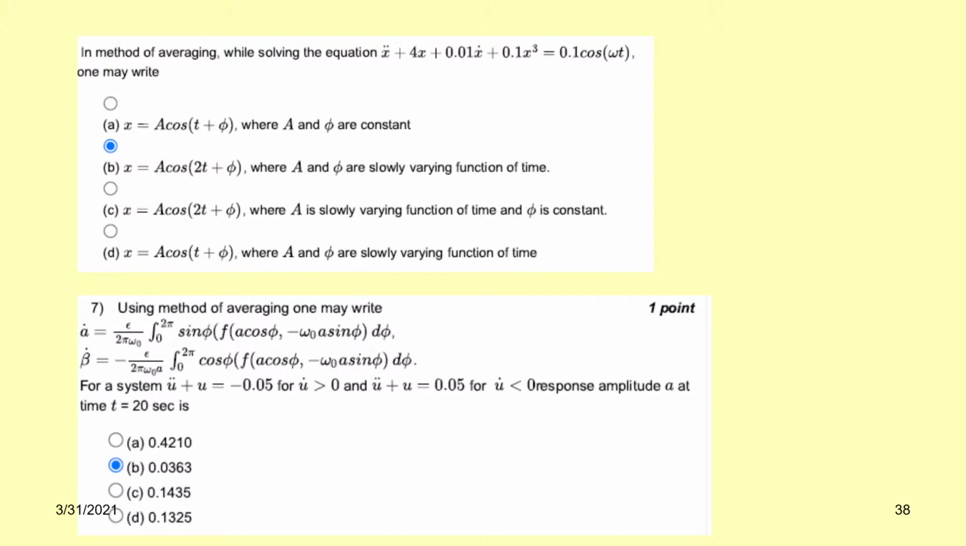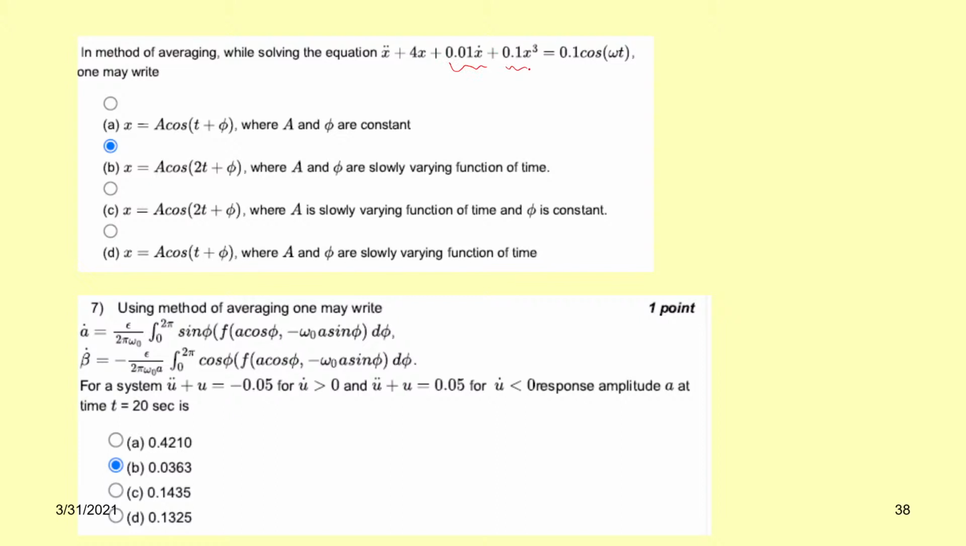So here what are the assumptions in case of method of averaging? You can recall that in method of averaging, you take a solution similar to that of a linear system, but in a linear system you have a constant. So in method of averaging, those constants will be replaced by terms with slowly varying functions of time. So in this question, while solving the equation x double dot plus 4x,